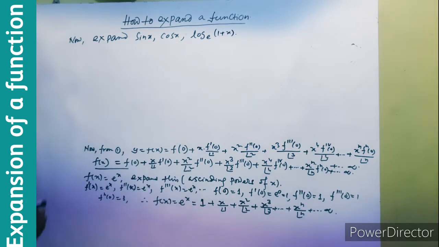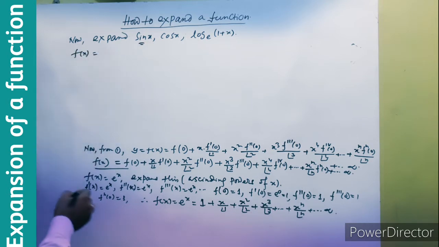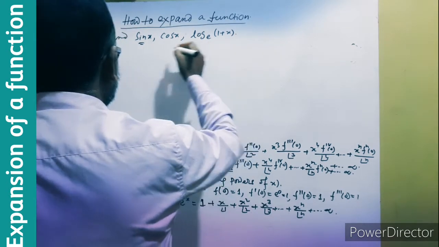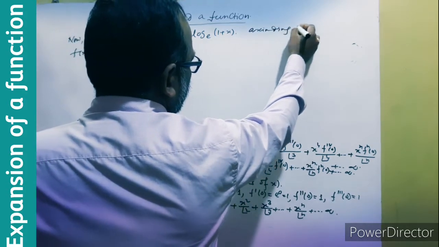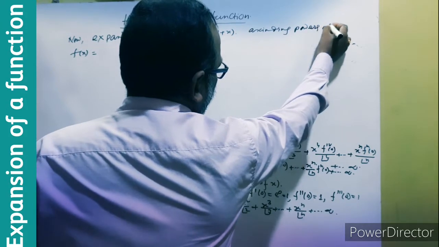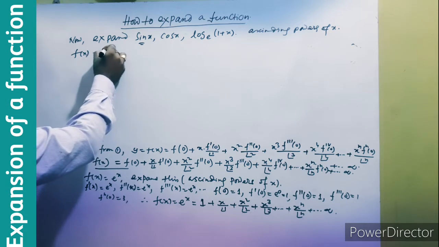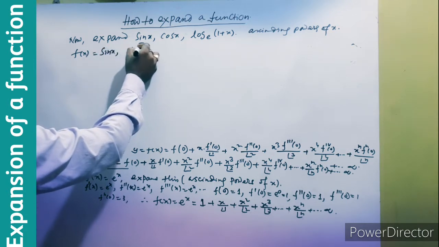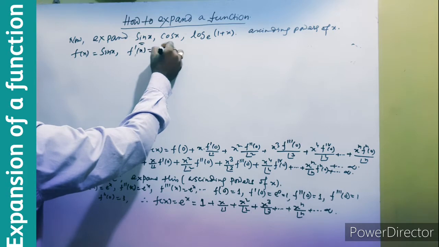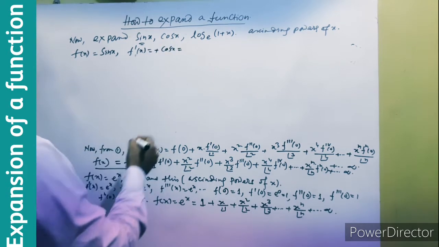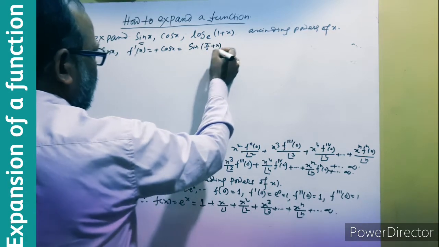See, for sin x, the expansion of sin x in ascending powers of x. These are all ascending powers of x. So this is the function sin x. If we differentiate, this is f dash x; we get cos x, and cos x can be expressed as cos of pi by 2 plus x. And now see,